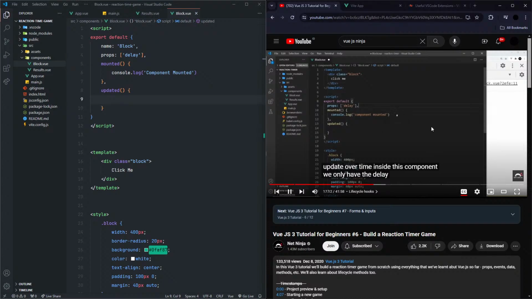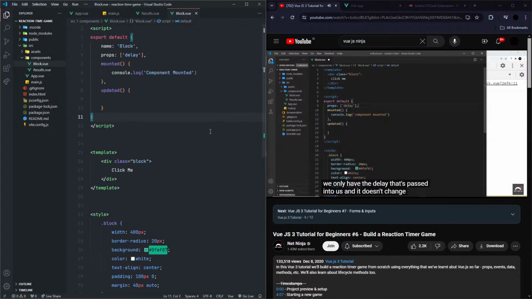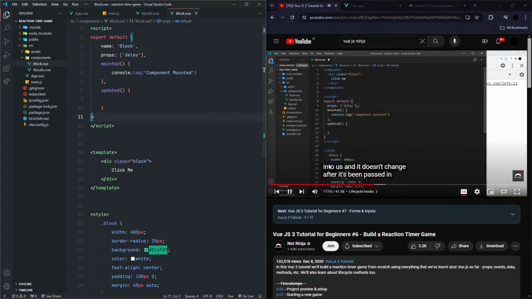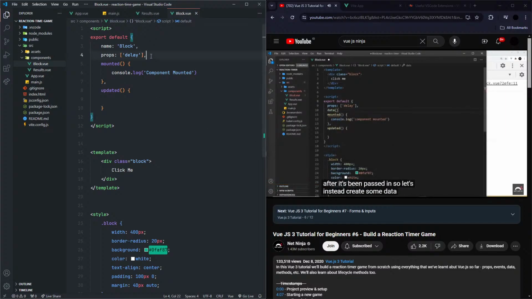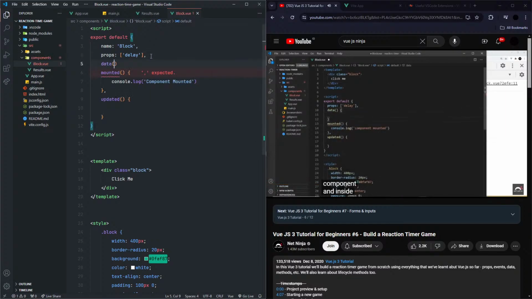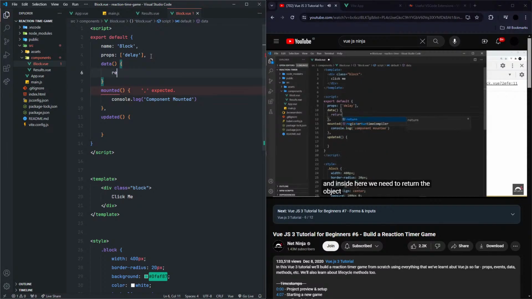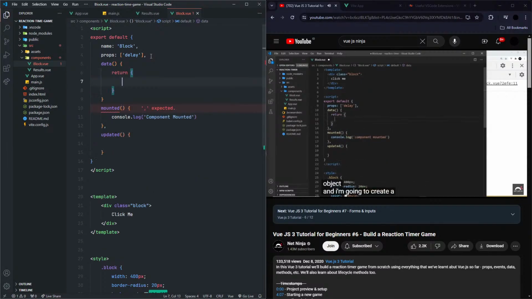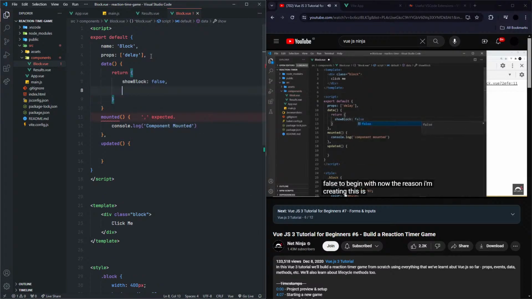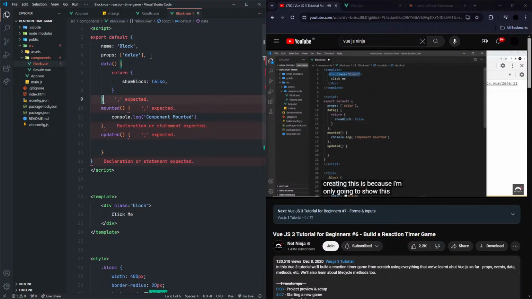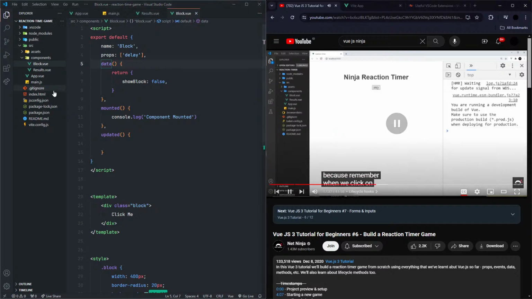We only have the delay that's passed into us, and it doesn't change after it's been passed in. So let's instead create some data for this component, and inside here we need to return the object, and I'm going to create a property called showBlock, and I'm going to set that equal to false to begin with. Now, the reason I'm creating this is because I'm only going to show this if this is true, because remember, when we click on